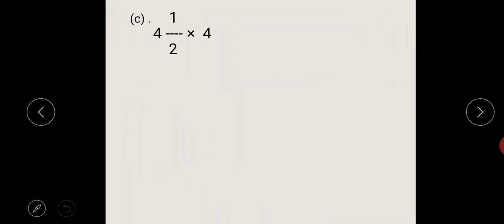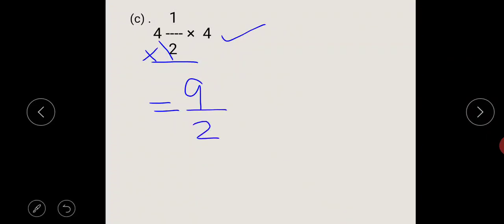Part C is we have to multiply 4 and half multiply by 4. So first of all we convert this mixed number into an improper fraction. So it is equal to 4 2s are 8, 8 and 1 is 9. हम इन दोनों नंबर्स को मल्टीप्लाई करेंगे और फिर इनमें 1 ऐड करेंगे. 4 2s are 8, 8 plus 1 is 9. So it is equal to 9 upon 2, multiply by 4.